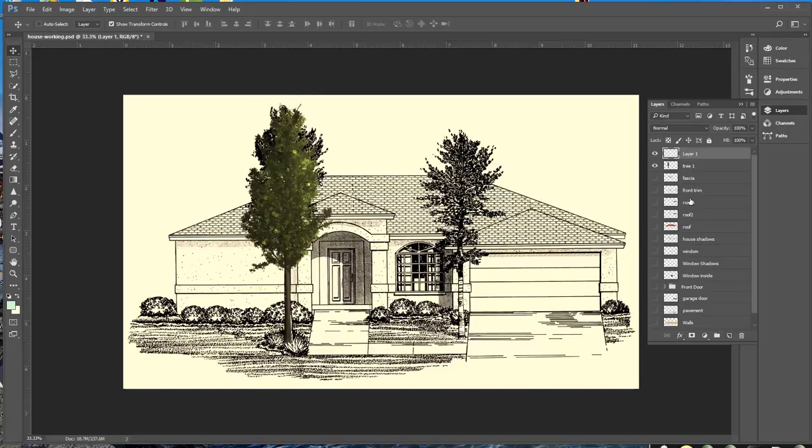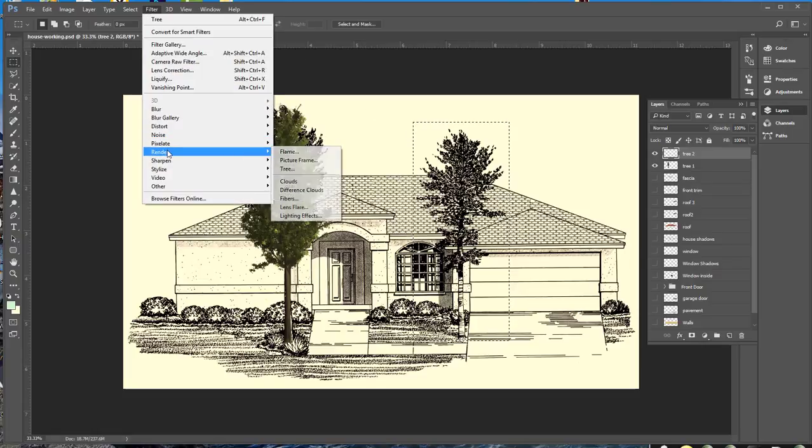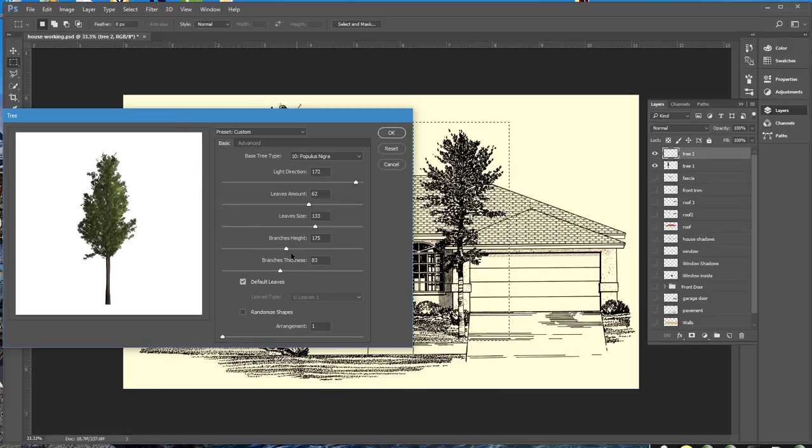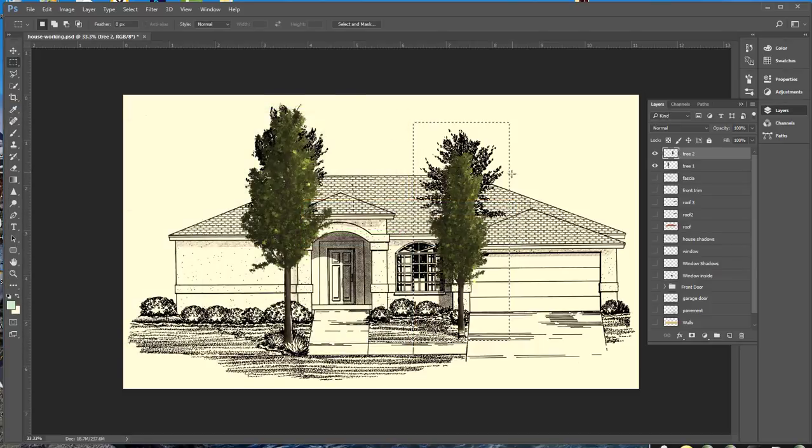Make a new layer and call that Tree 2. And for the second tree, again with your marquee tool, pick up and select an area where I want my tree to go in. Again, I'm going to Filter, Render, Tree, and I'm going to use pretty much the same settings, but I do want to drop my branches down a little bit lower because I have this area by the garage that I need to cover. And I need to pick up my Move tool, and I'm going to adjust the size of my tree